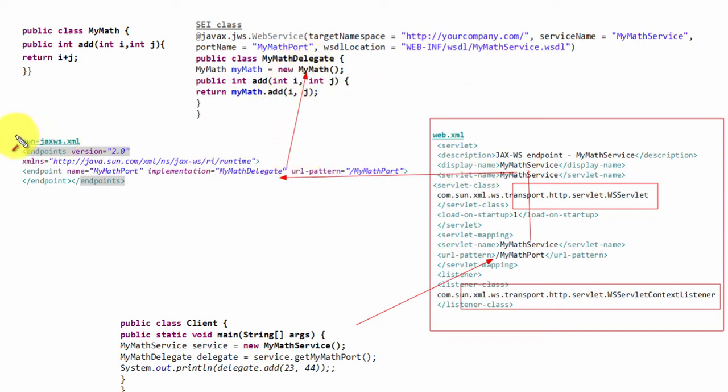This information is configured in something called the sun-jaxws.xml file.